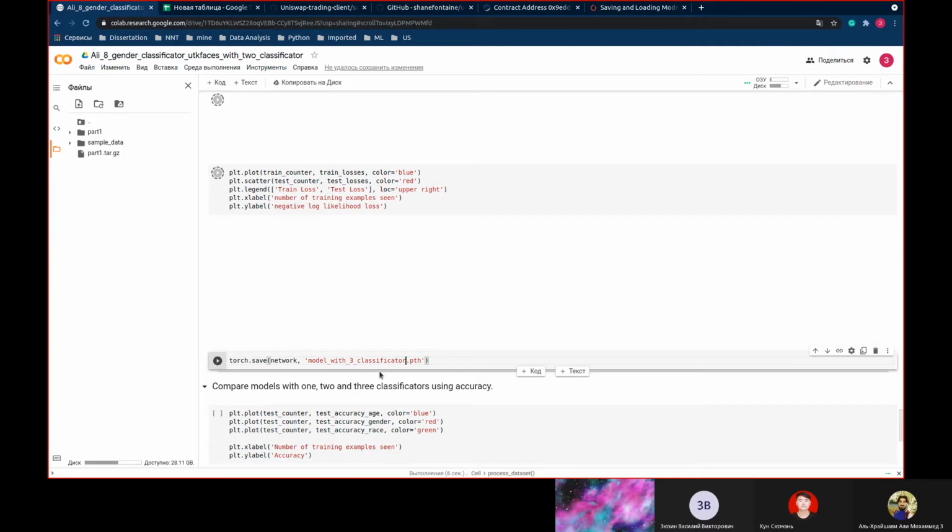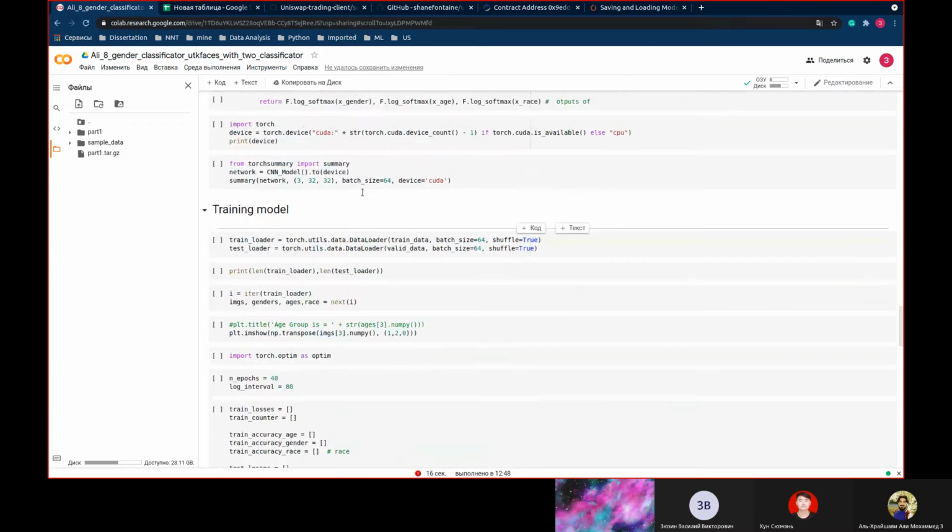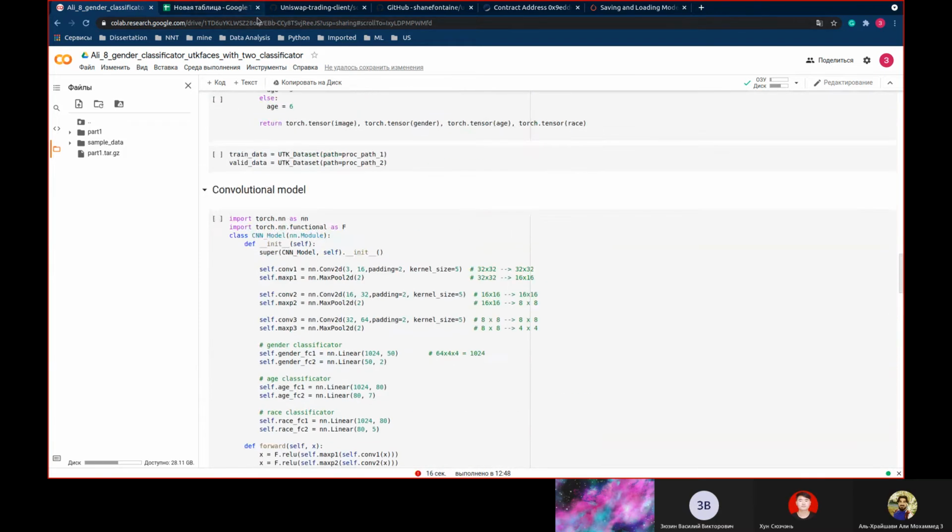For instance, with age, gender, races. Something wrong here.